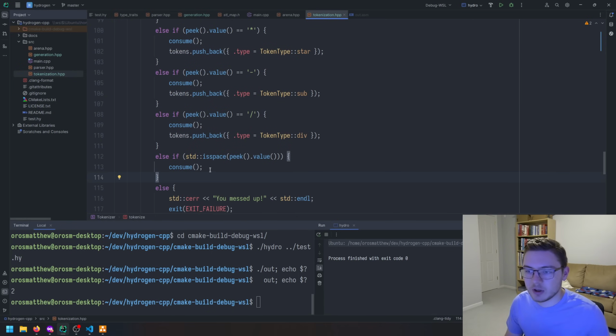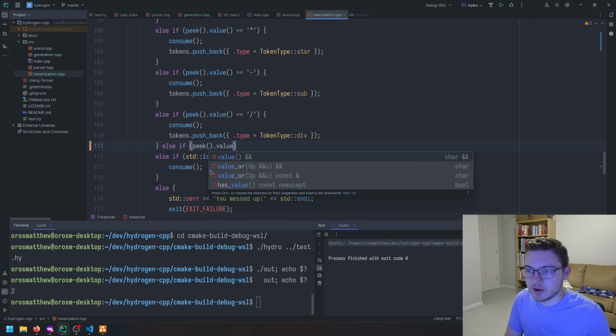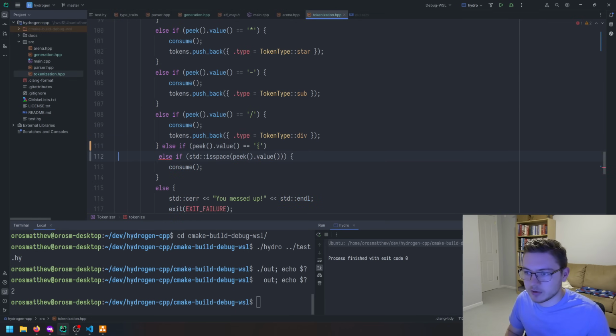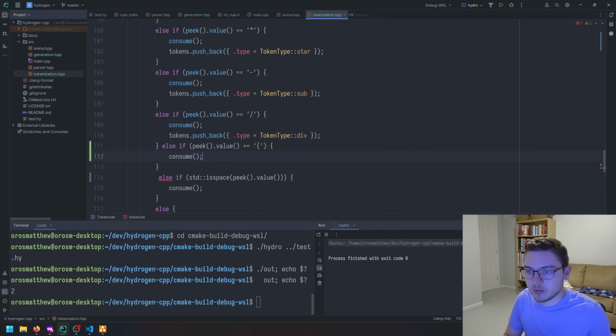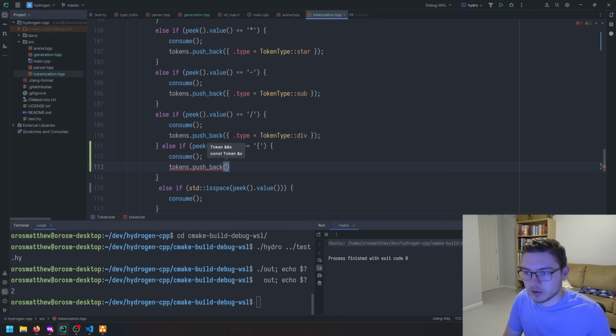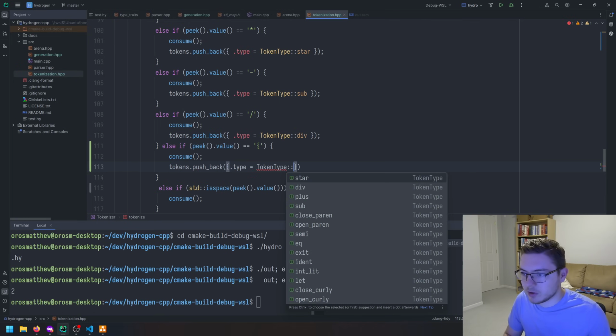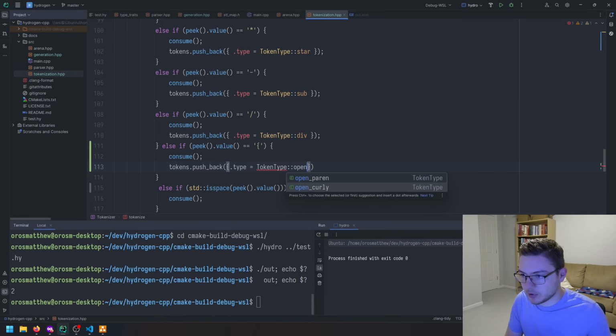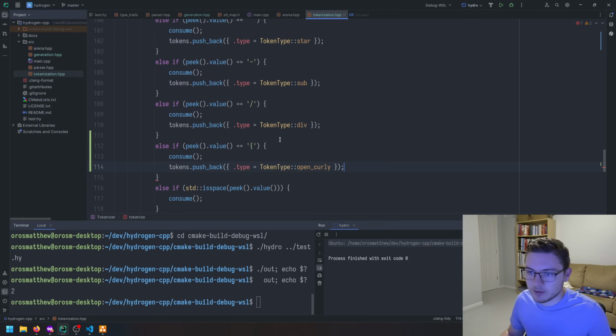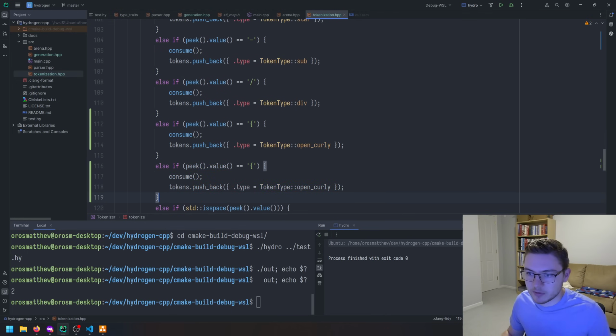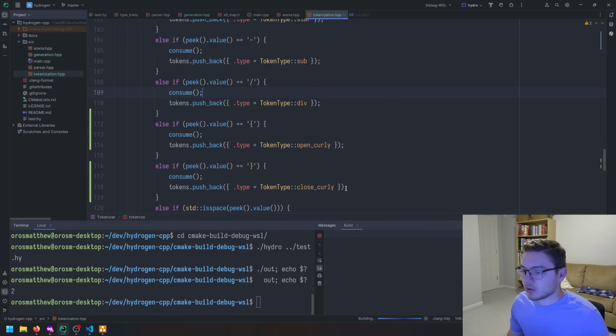So we can do else if peek.value equals curly. Oops, I'm messing everything up. And we can consume it. tokens.push_back, type, token type open curly. All right. We can just copy and paste this, and this will be close curly. Okay. So,